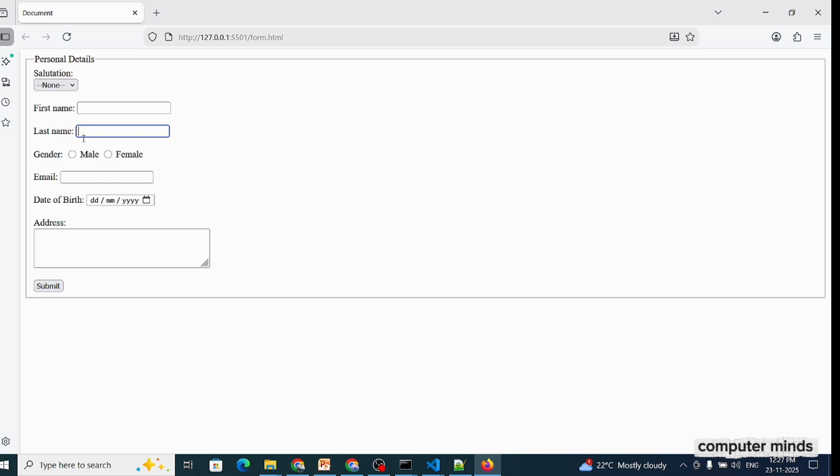Here is an address box and a submit button. When you click the submit button, it asks you to fill in: please fill out this field. And when you enter Gmail, it gives a message like this for any field: please enter an email address. When we enter gmail.com, it will not accept just gmail.com. Submit, and it works like this.